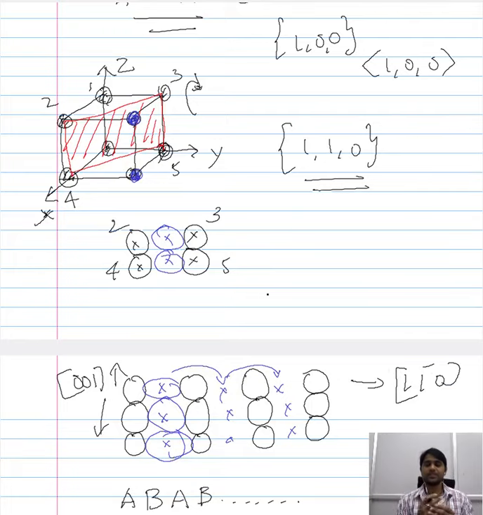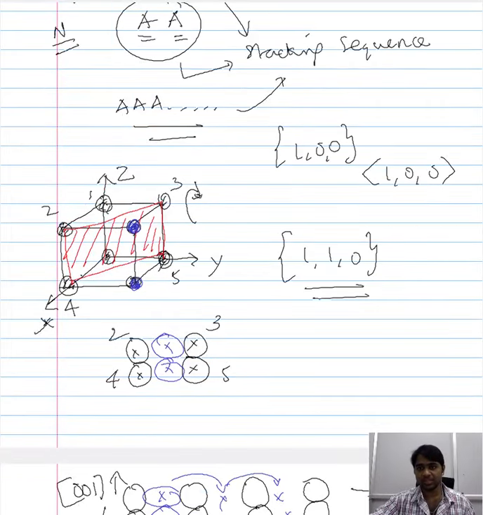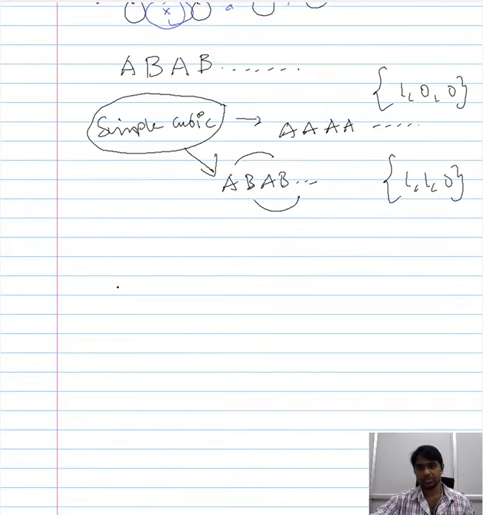So within the simple cubic arrangement of atoms, you have two stacking sequences, and that all depends on the family of plane that you consider and the direction of your viewing. So whenever you see a stacking sequence being dealt with, you have to remember that even though it is conventionally talked about in terms of a specific crystal structure, it is not always the case for a given structure. When you shift the focus, or the viewing angle, or the consideration of the plane, then it is possible for us to get a different stacking sequence for a given arrangement of the atoms.